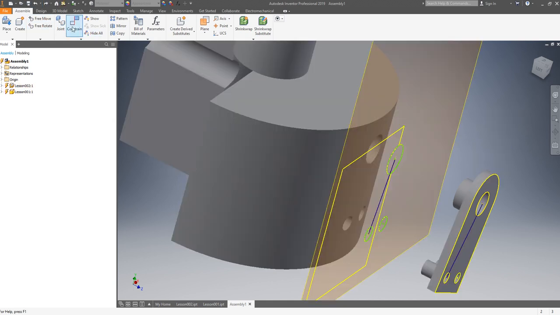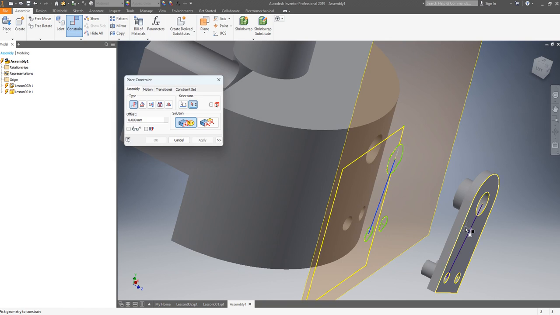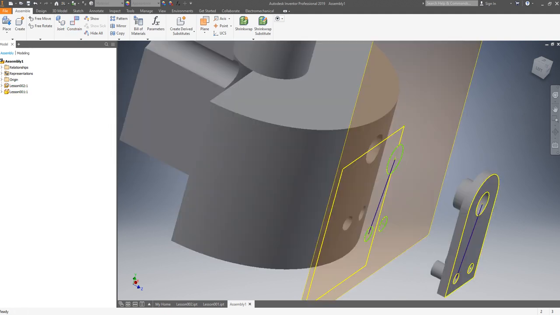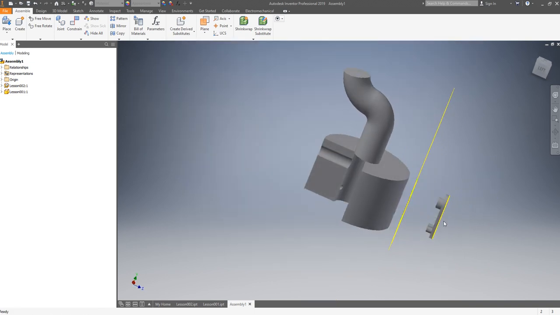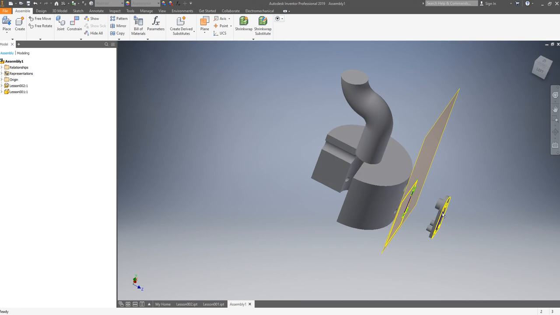Do that again. Constraint. This one. That one. Angle. 180 degree. Boom. Okay. We have constrained angle and constrained axis. Let me select this part and we can move. Okay. Yep. So far so good.